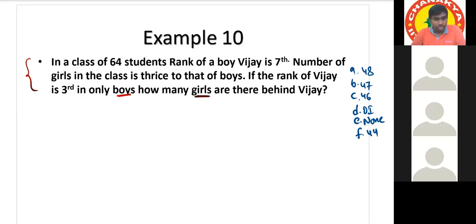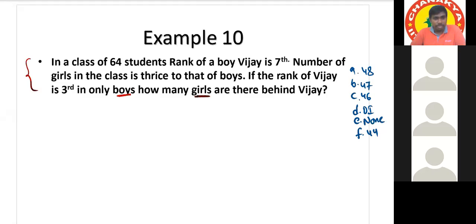Yeah, understood, sir. There are 2 boys ahead of Vijay. And actually in class, how many students are there ahead of that Vijay? So 6. Out of those 6 members, 2 boys. Even in the class also, there will be 2 boys only, but there are 6 students. How are we getting 6 students? Because the remaining 4 are.